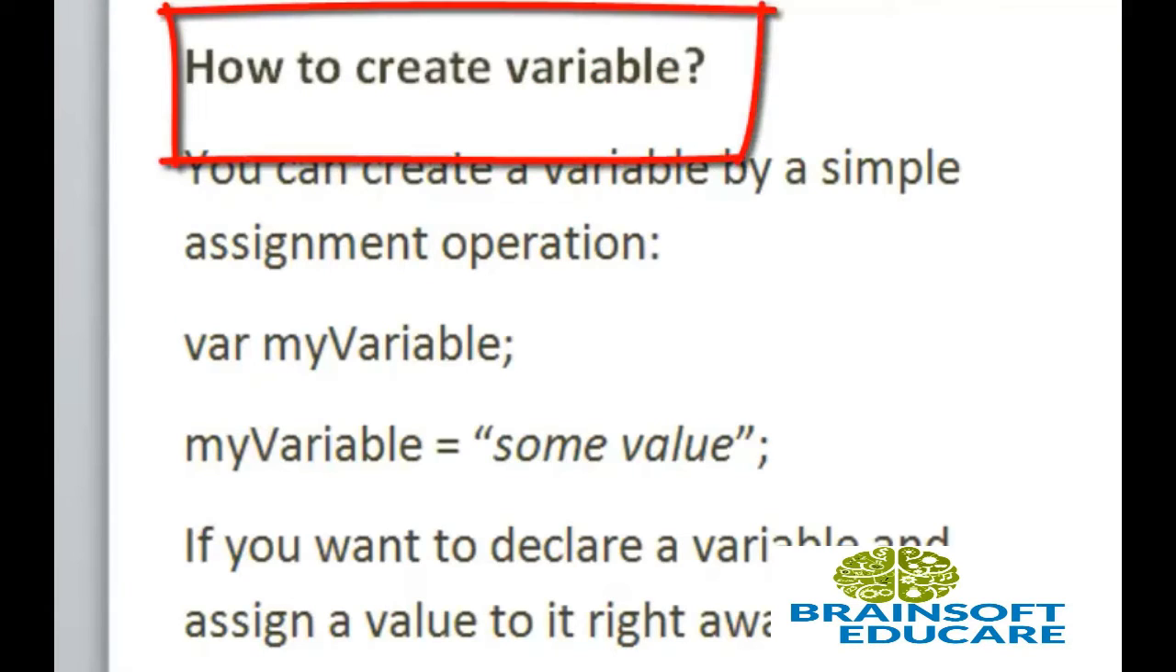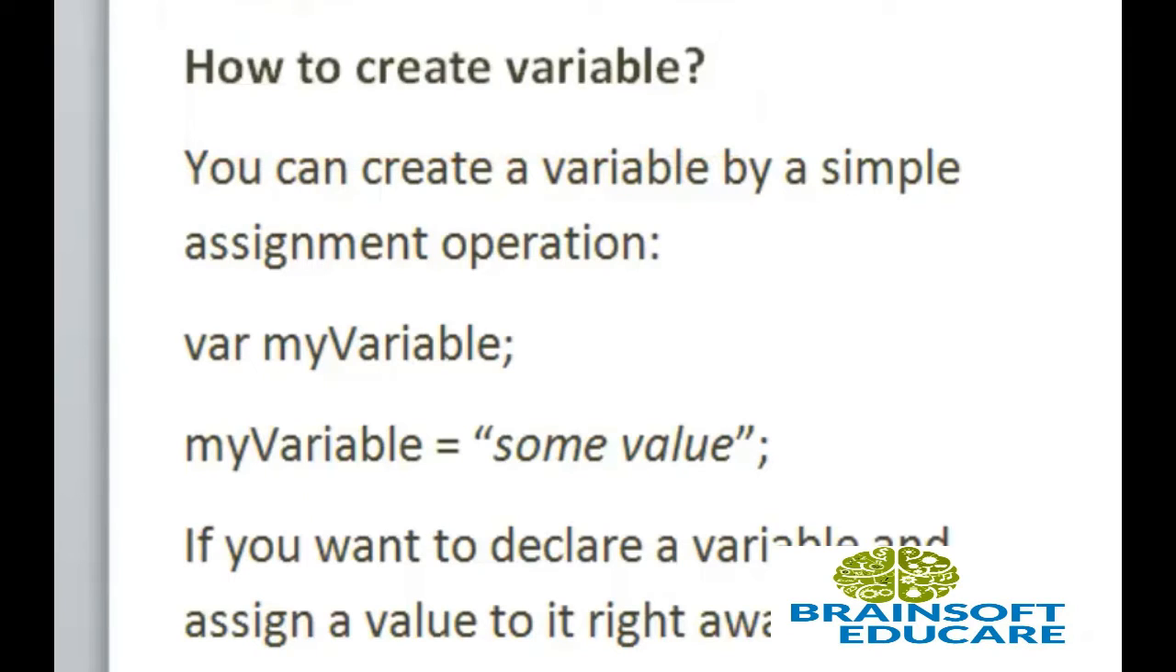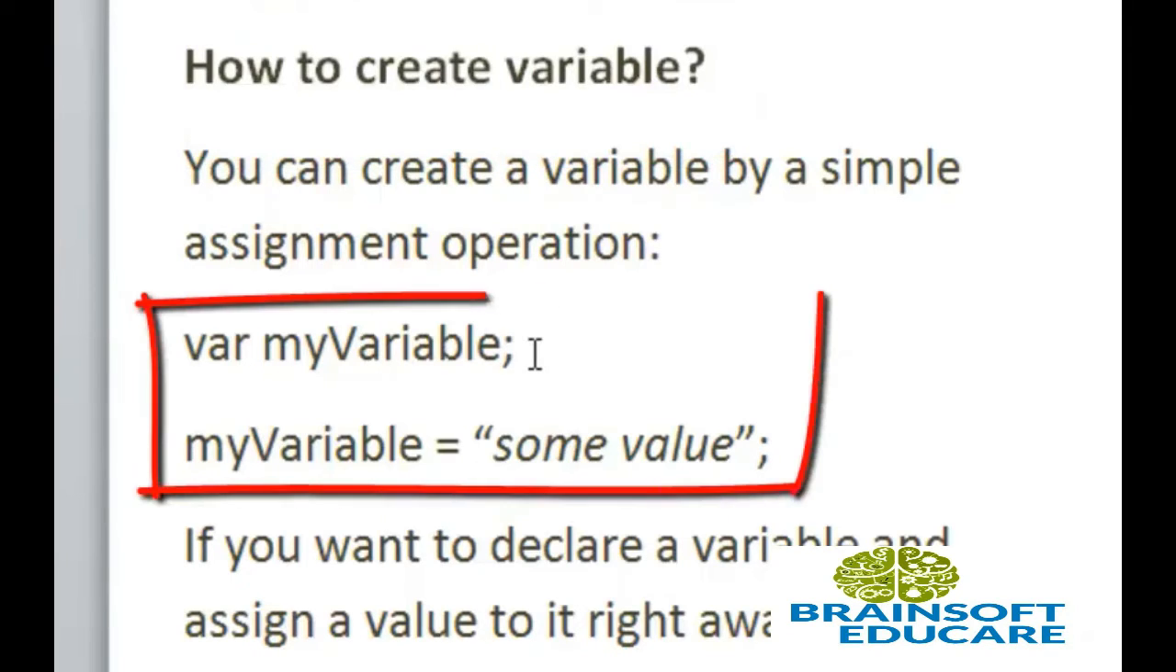Now, how to create these variables? You can create a variable by simple assignment operator. Here, this is the syntax of a variable. var is a keyword of JavaScript which is used to declare a variable, and myVariable is the name of the variable. Here, semicolon. Then if we want to assign some value to this variable, you should write the value at the right side of the assignment operator,